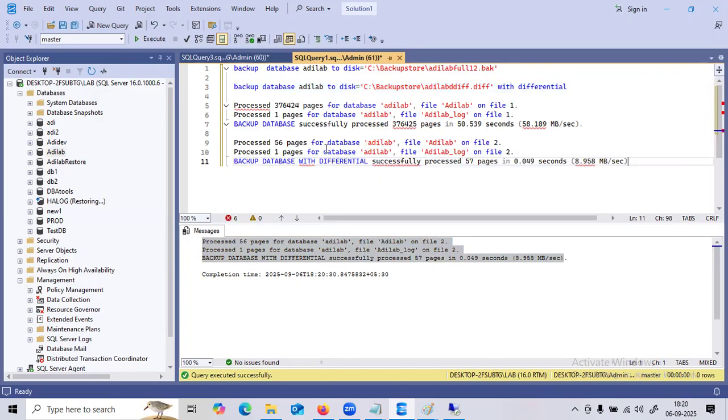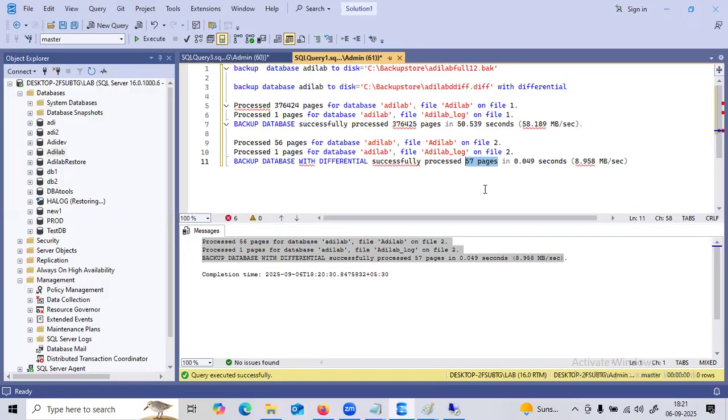It takes the MDF and LDF information, but only the pages. Previously, these many pages were taken, but while taking the differential backup, it took only 57 pages. We did not modify any pages here,